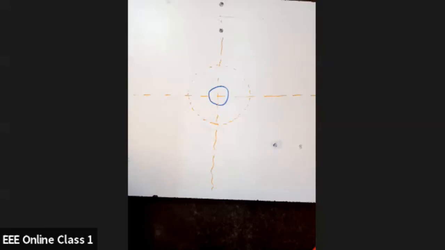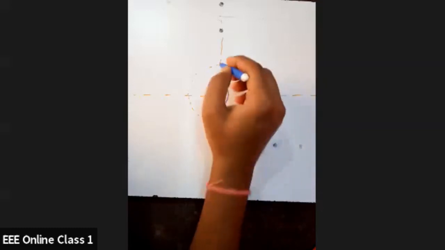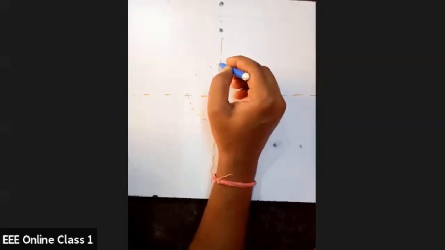We have 10 poles. Height of the pole is given 7.6 centimeter. So what we can do here is, from here I can take a height of 7.6 centimeter and